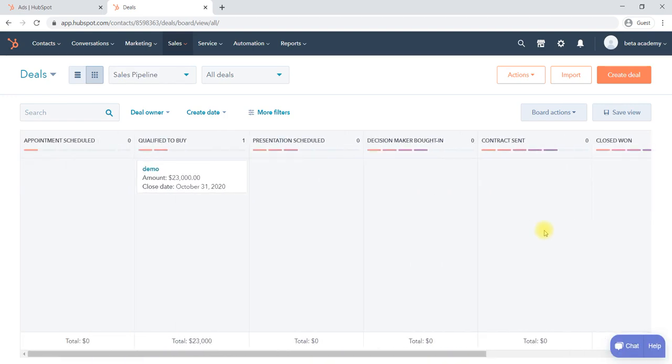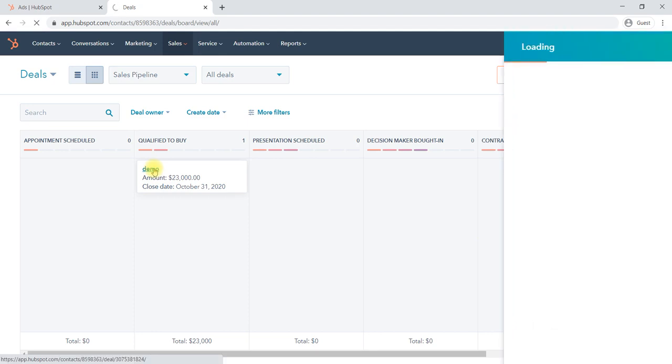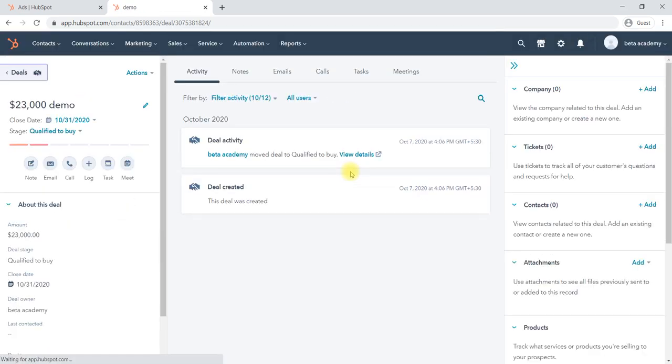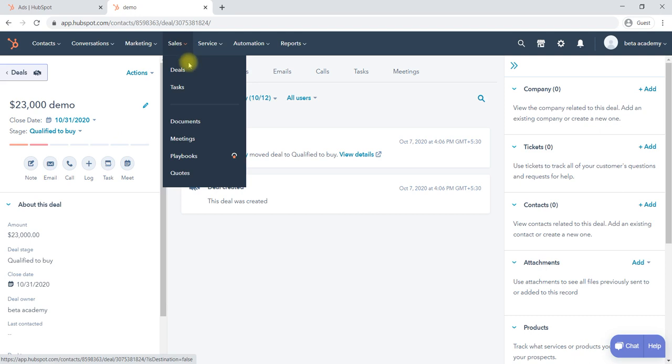Okay, like this we can create a deal. We can create a deal by using this one, and we can manage it in the pipeline, where you would like to change, and we can edit the deal by selecting this one. Select that name and you can edit, or you can communicate with that particular deal person, or with that particular deal company. You can communicate with them regularly, so it will be very easy to manage your sales deals by using HubSpot.